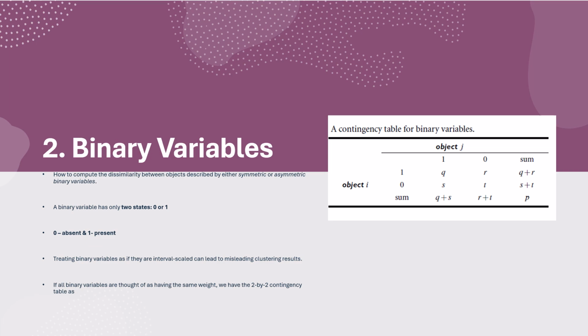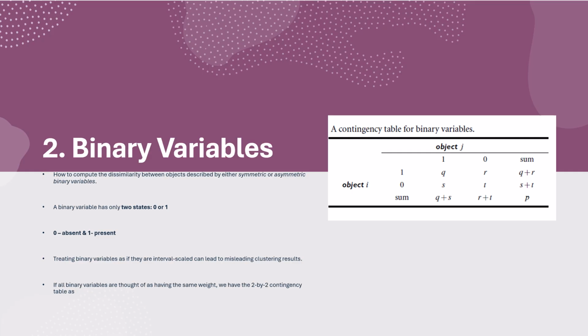Dissimilarity and similarity measures for objects described by either symmetric or asymmetric binary attributes. So how do we compute the dissimilarity between two binary attributes? One approach involves computing a dissimilarity matrix from the given binary data. If all binary attributes are thought of as having the same weight, we have the 2 by 2 contingency table